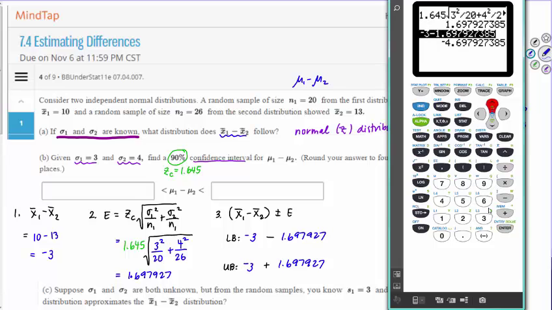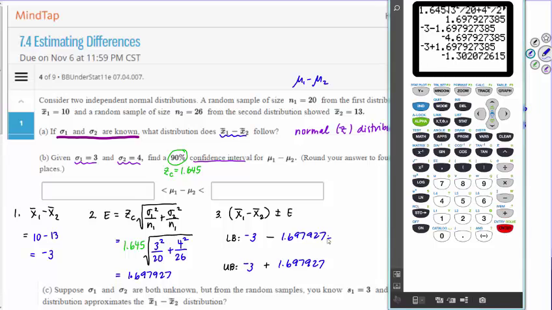In the calculator it's quite easy to say -3 minus this answer, and then we can pull that thing back up either by going up and pressing enter, or you can do the second and the enter button will pull up the entry. So second enter pulls up the previous entry, and we can change that minus to plus. That gives a lower bound of -4.697927 and an upper bound of